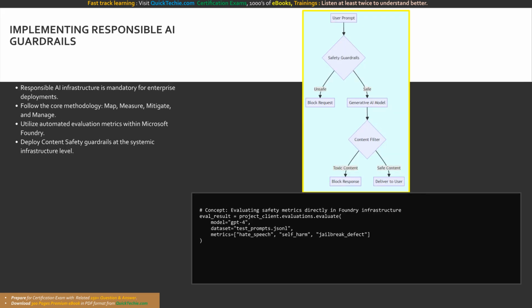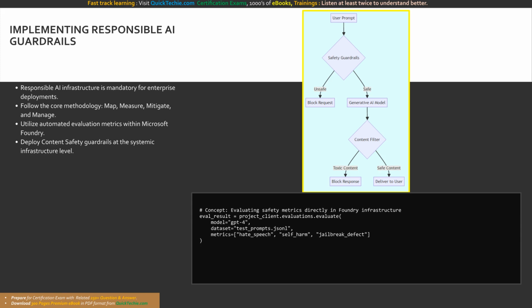agent. Finally, no Azure AI infrastructure design is completely viable without a rigorous, deeply integrated implementation of responsible AI principles. Generative AI models are undeniably incredibly powerful, but they naturally carry inherent risks of generating harmful, biased, or highly inappropriate content. To comprehensively protect your enterprise reputation and your end users, you must actively design your infrastructure with strict, systematic